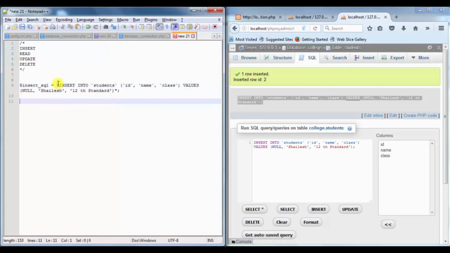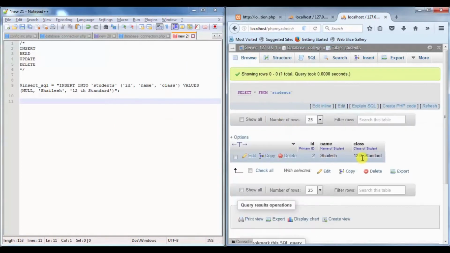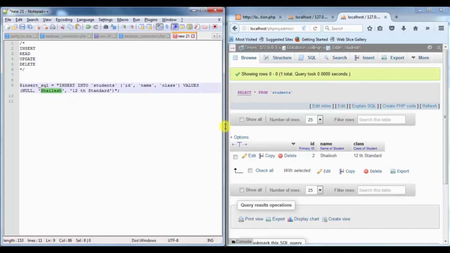semicolon should be outside. And another thing, if I just browse here, you can see this data available here. And second thing is I need to add some other data like Shah Rukh, and he is in 12th standard but in arts. And if I want to insert this data into the database, first of all I need to create a connection